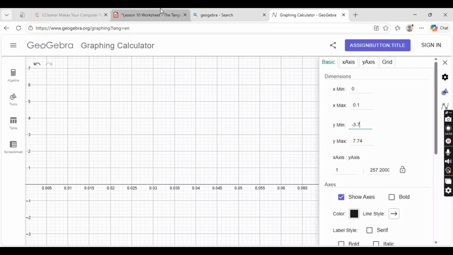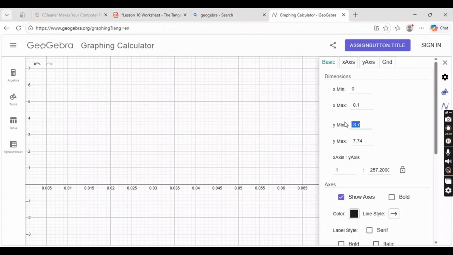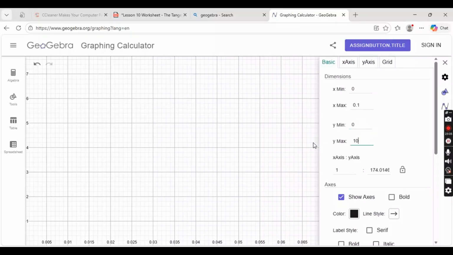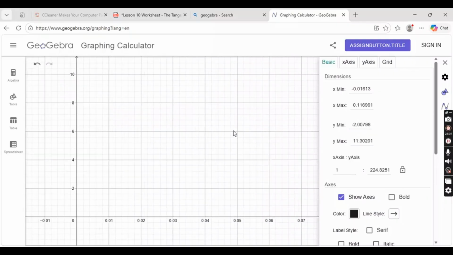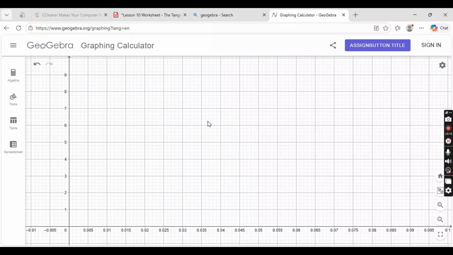And we have 10 to 0. 0 to 10. Okay, I wanted us to do it a bit more accurately, because